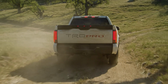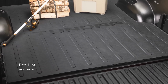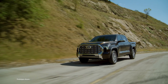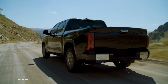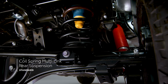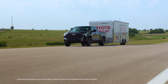When extra toughness for heavy hauling is required, Tundra's optional bed mat is available, and it's designed to withstand extended abuse without fear of fading, rusting, cracking, or breaking. And that's not the only thing that's tough. We can't forget about the suspension. This is one of the clearest examples of Tundra's rebirth as a next-generation truck. Its rear suspension is now a multi-link layout with coil springs. This setup provides incredible road manners and towing stability, and also helps allow for the use of the more advanced